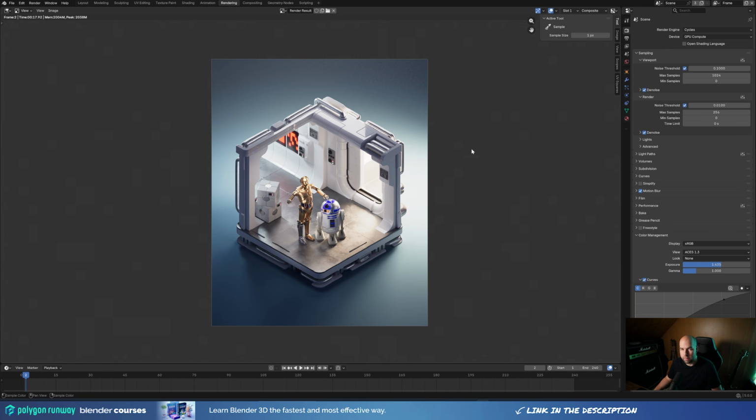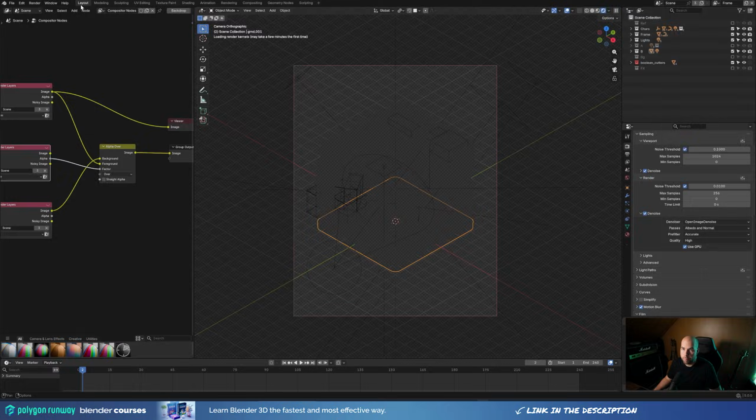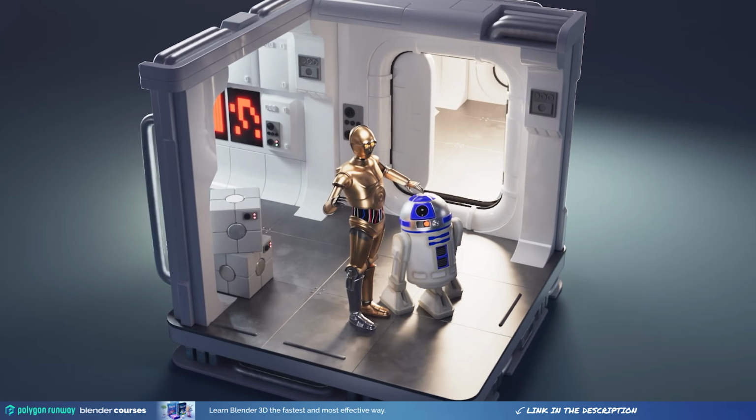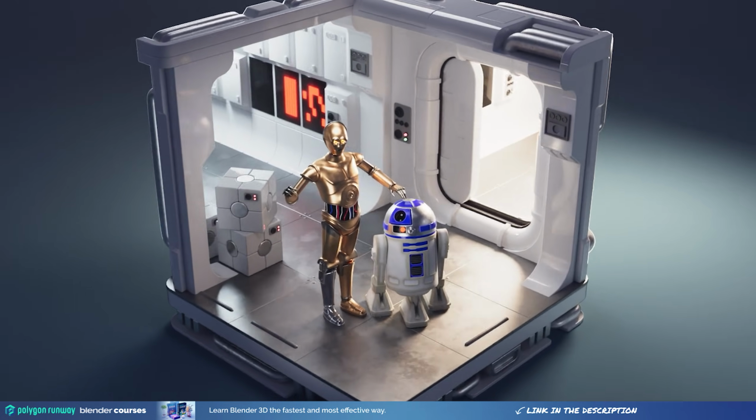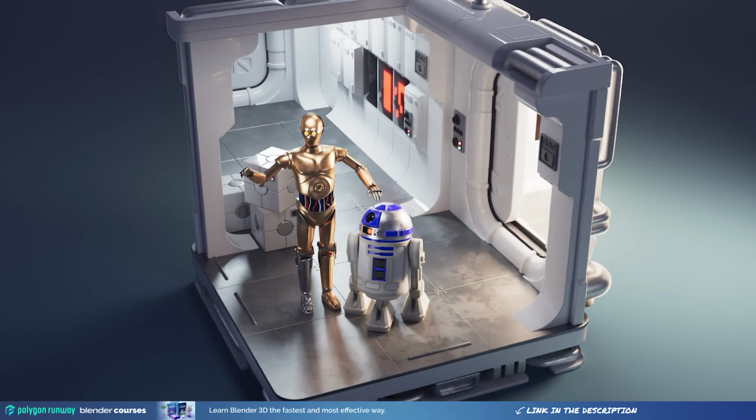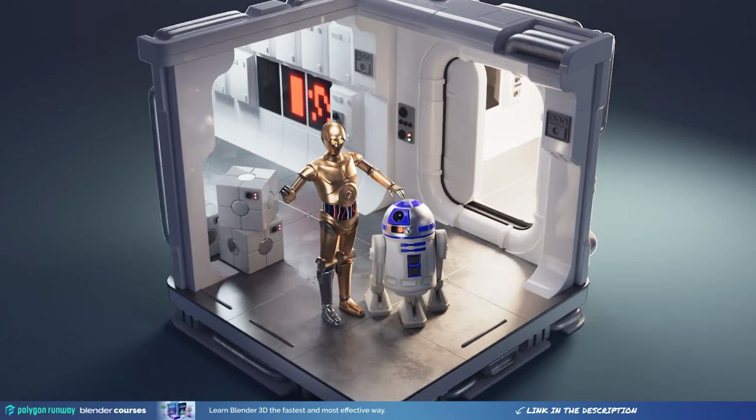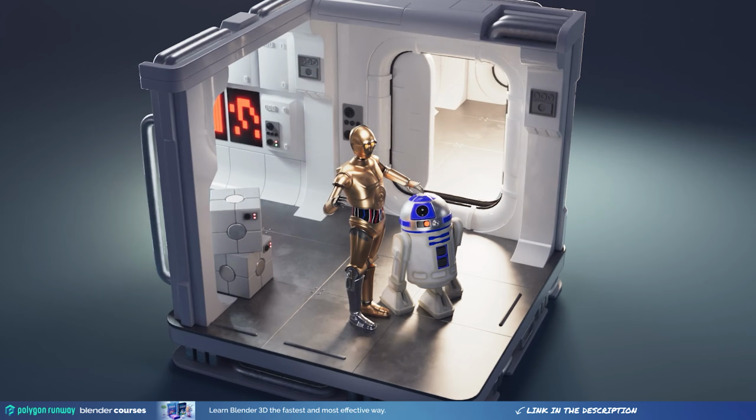So the only disadvantage of this technique is that you have to render this 3 times. So for each frame you're basically rendering 3 times plus the compositor. So to create an animation that dollies around takes a little bit more time, but it's a really effective technique, and the result is amazing. You have this kind of isolated diorama, but then when it rotates you kind of see that there's interior that goes on